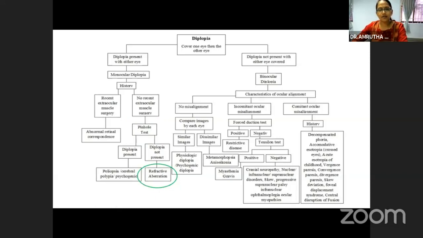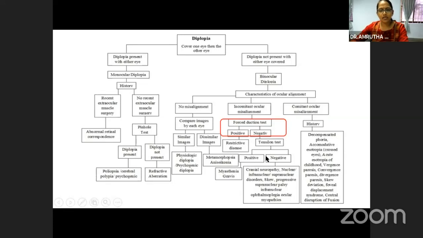So when a patient has binocular diplopia, after proceeding to the cover test and measuring a prism cover test, we'll be able to quantify the strabismus and differentiate a comitant from an incomitant strabismus. The most common types among the comitant strabismus, which my previous speaker has spoken about, are esotropias, decompensated phorias, and accommodative ETs, where the primary and the secondary deviation with either eye fixing remain the same. Incomitant deviation is mostly cranial nerve palsies.